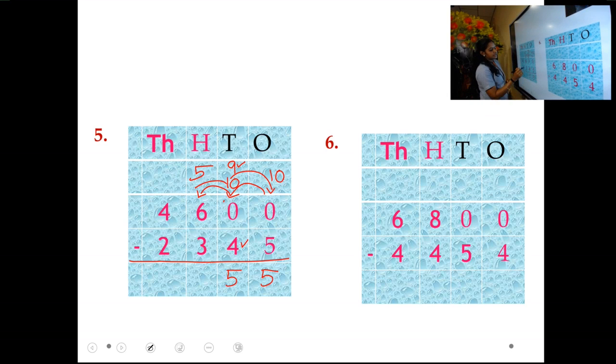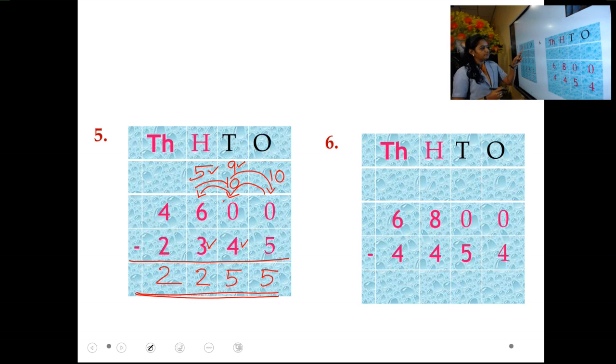Now move to the 100 place. Numbers are 5 and 3. 5 in mind, 3 in hand. 5 before, 4, 3, 2. Write down in 100 place. Okay. Now the last place, that is thousands place. What are the numbers there? 4 and 2. Just check what number will come. 4 minus 2. When we subtract, which number will come? 2 will come. Write down that number. 2000. 2255 is our answer. Okay, understood how to do the zero coming questions?